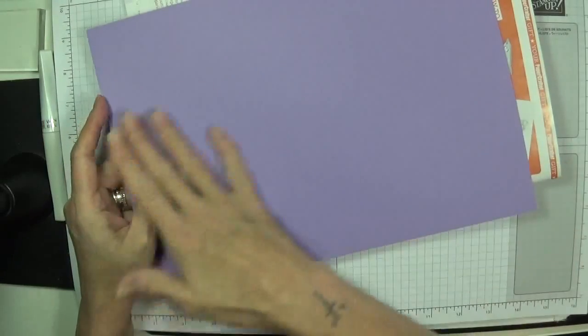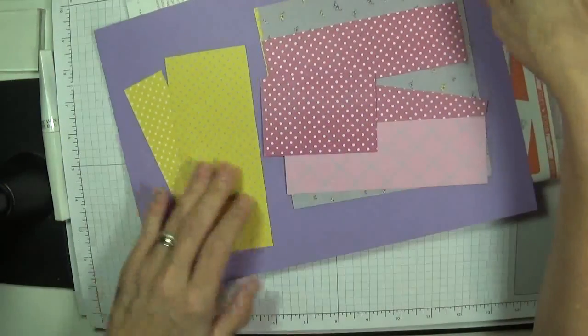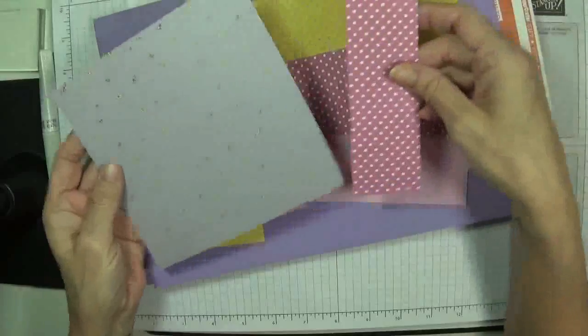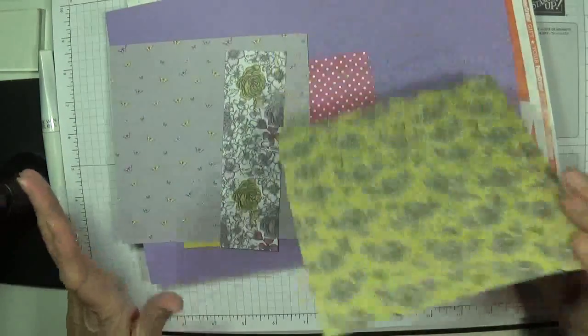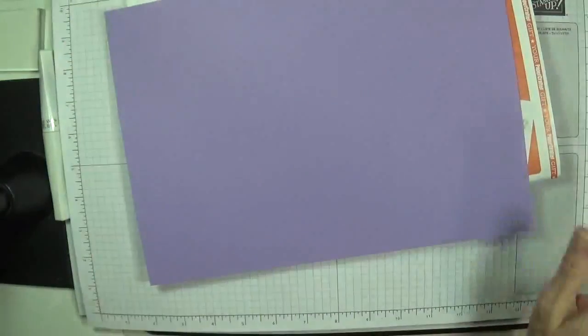So let's cut it together. I'm using Highland Heather. It does match these papers. I think the yellow and the Highland Heather does go pretty well with this. It looks quite nice. And you've got the spots on that side. You've got butterflies on that one. You've got those and those. Yes, so we're going to decorate with their papers and their stickers. But fingers crossed we can get it to...